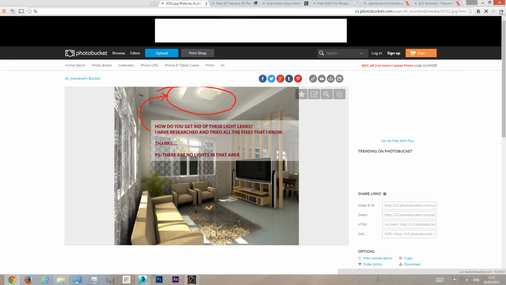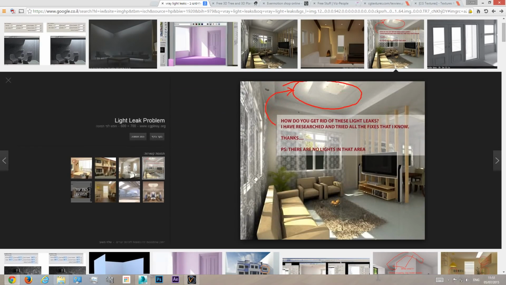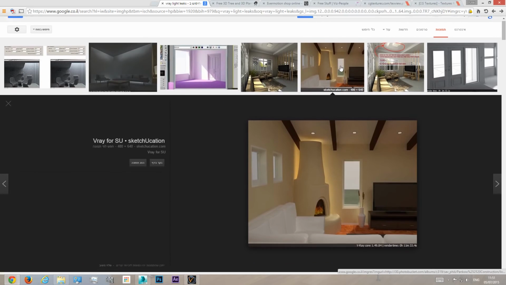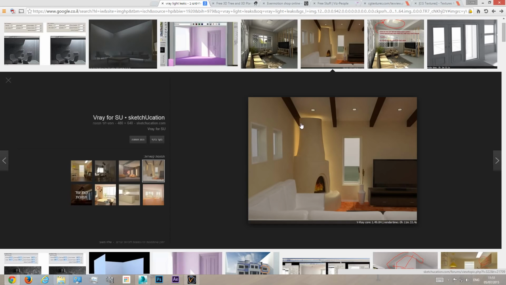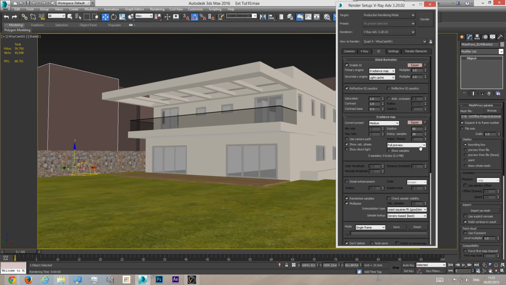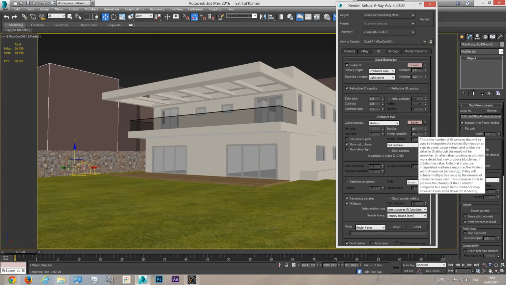Well, I don't know what they mean in this image, but one second. Okay, this one is good. You can see that this object is touching the walls, but the light leaks through. You have also like splotches like this here on the walls, things that are strange. Now, when you get these kind of things, you need to up the value of the interpolation samples. But don't up it before you have these problems, because when you up this value, as it says here,